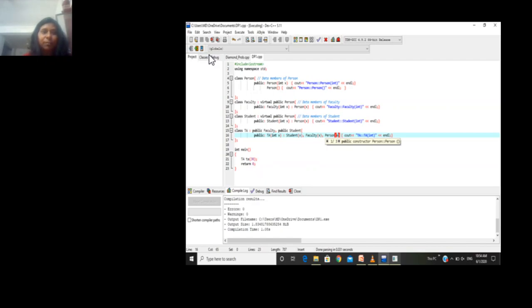It should be noted that where we are inheriting the base class virtually, in these classes faculty and student, we have inherited the person class in the virtual mode. So these classes faculty and student are called virtual base classes. Okay, so this is a little bit about the diamond problem. There are advanced topics on this, such as how you can make a polymorphic type out of this. That I'll leave to my next lecture.